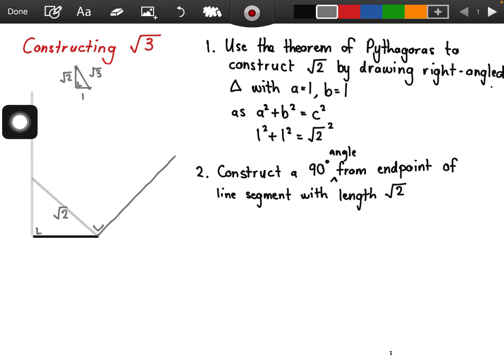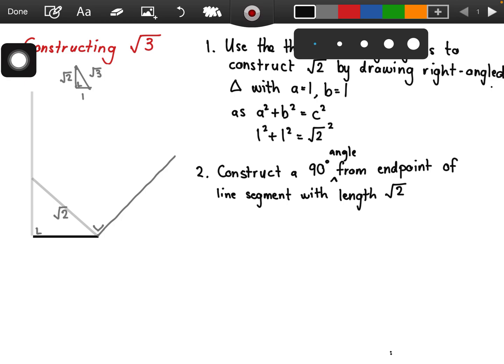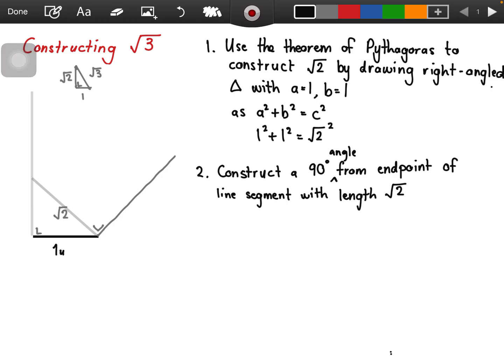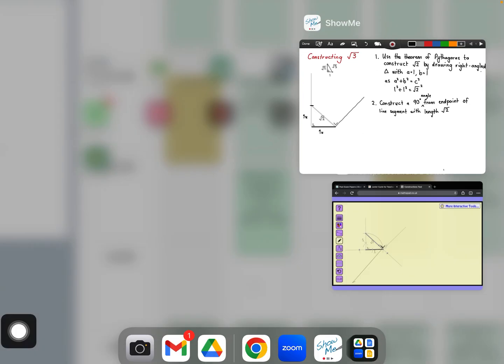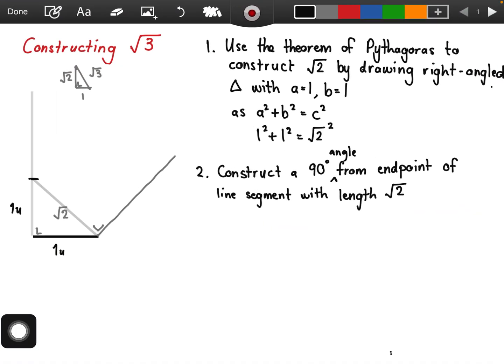So this isn't like 1 centimeter that I can just measure with my ruler. 1 unit was the original line drawn. So we were relying on the fact that was 1 unit, and up until here is 1 unit. So when I'm drawing 1 unit from this vertex, it needs to be basically the exact same length as whatever the original line was. So I'm going to use my compass. Okay, so step 3, use compass